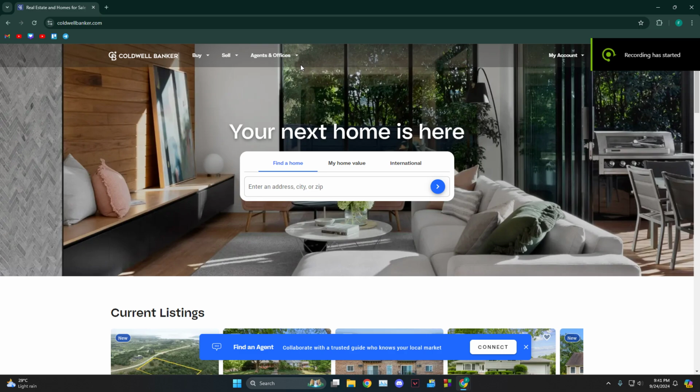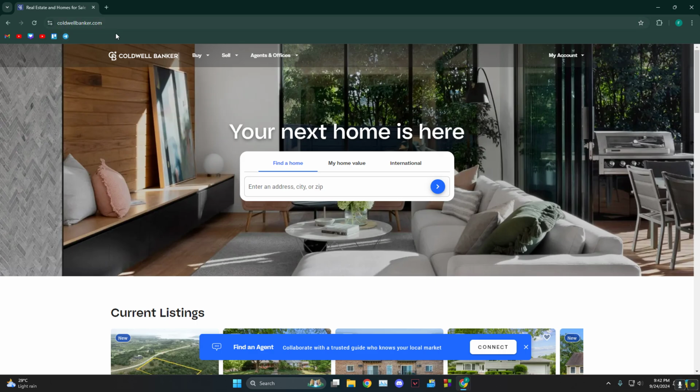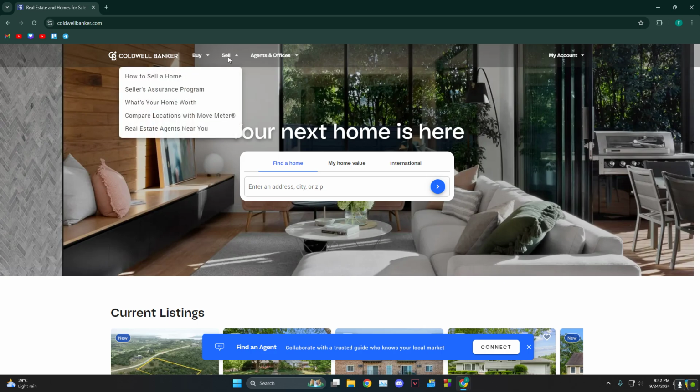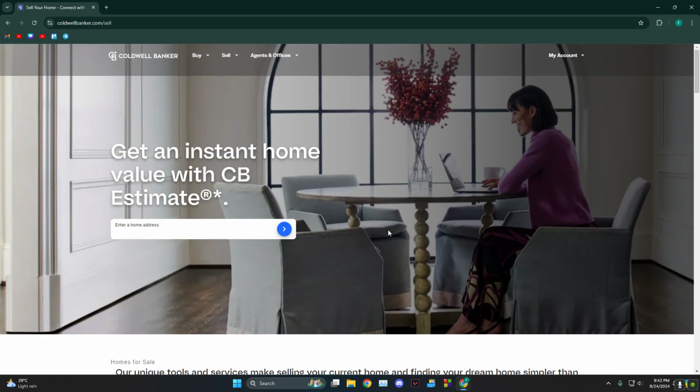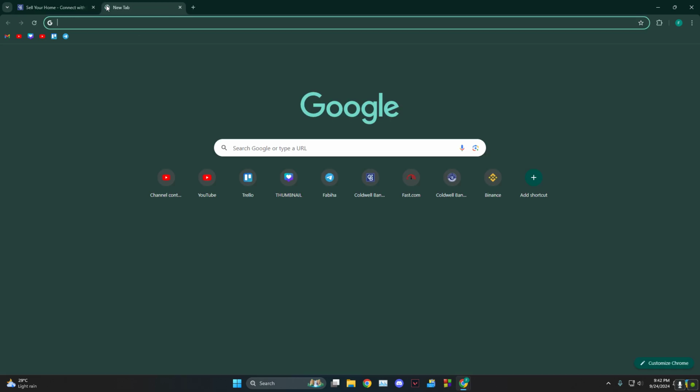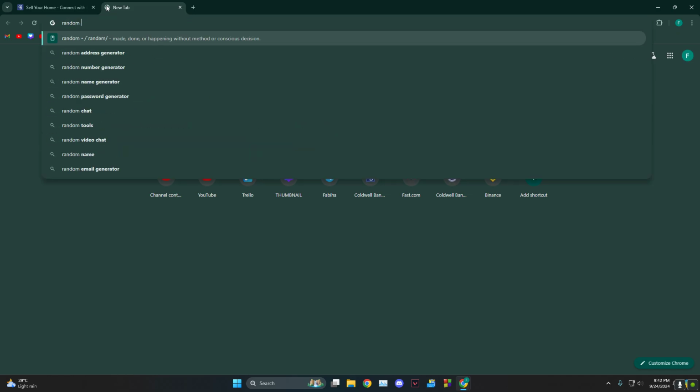Today I'm gonna show you guys how to list a property with Coldwell Banker. At first you need to head over to coldwellbanker.com and make sure you have an account, and then we're gonna click on sell, and then we're gonna click on how to sell a home, and then you're gonna put in your home address. So we just say random